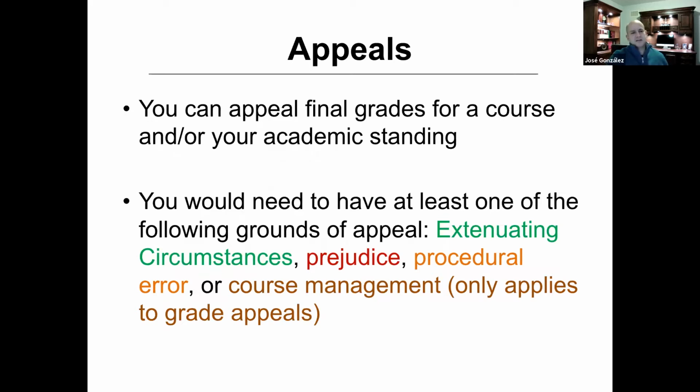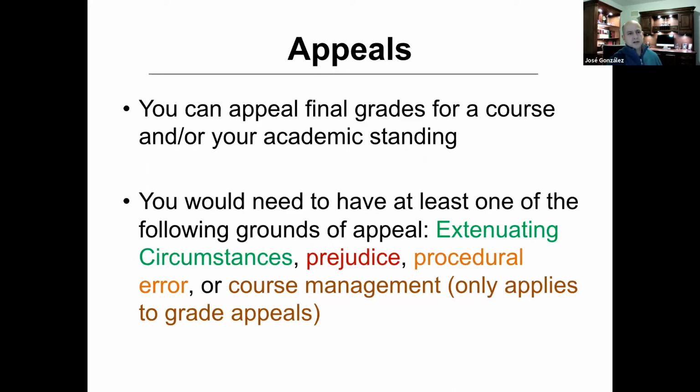If you decide, keep in mind another option that you have. If you are RTW, PPW, you have academic standing issues, you can start an appeal. And there are 2 types of academic appeals, I would say. One will be the standing appeal, and the other one will be the grade appeal. So we always recommend that you appeal if you have academic standing issues, you go for the 2 appeals, the standing and the grade. So in order for you to file an appeal, you need to choose one of the